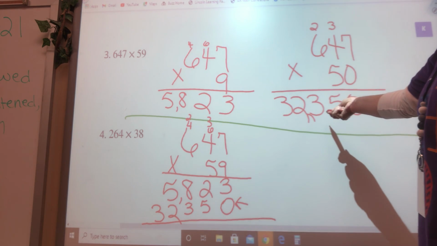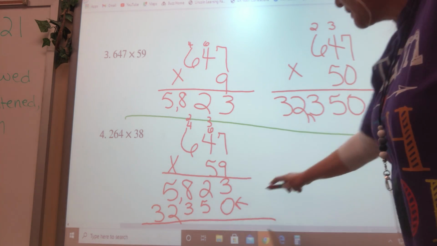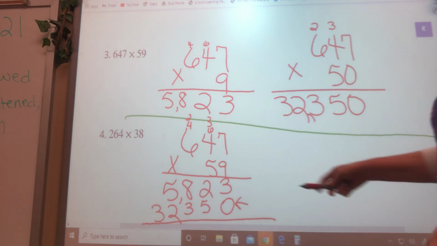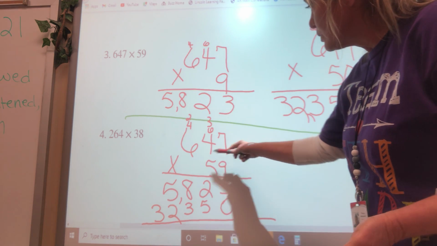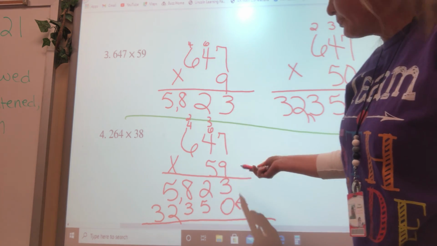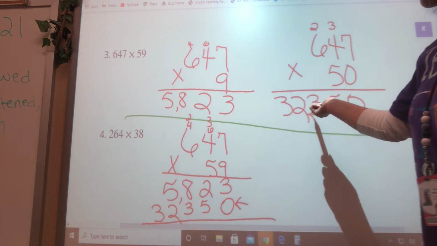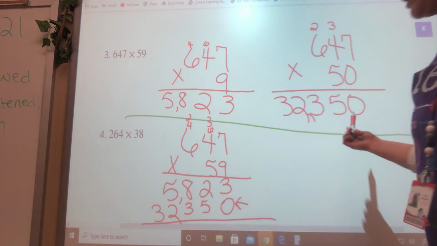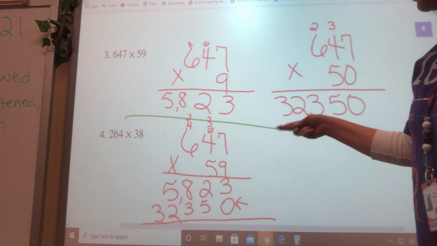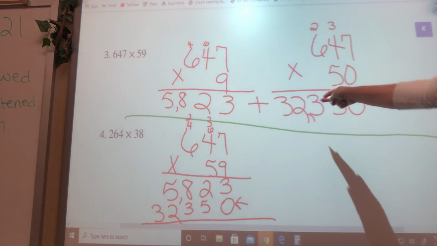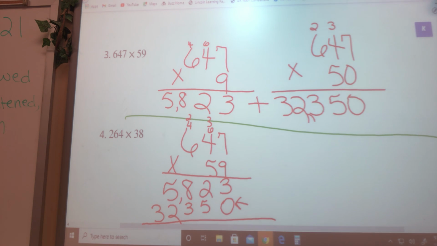Well, look, this is the same exact as this partial product. And that makes sense because I was working with the 5, so that was the tens place, so that would be 50. I would be multiplying times 50. So there's where both of my partial products came from. So I know now if I add these two together, just like I would add those two together, it would give me